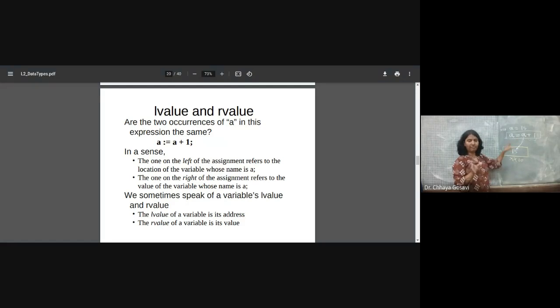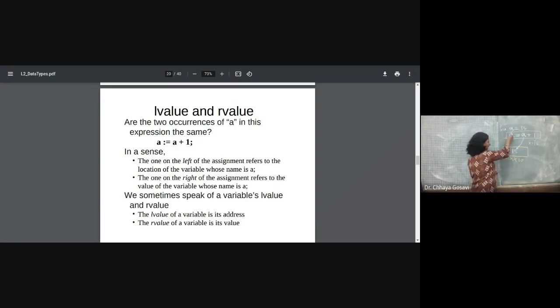Now you have the result 16 with you, which is stored in some, say, temporary variable by the compiler, and you want to store this 16 where? At this location XX10. So after assignment, you want this value to be loaded here, and a is nothing but denoting the memory location.